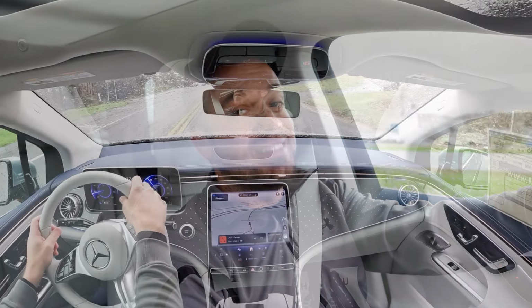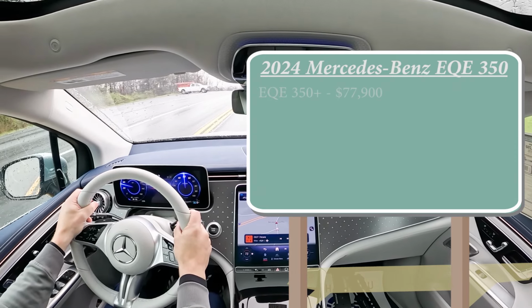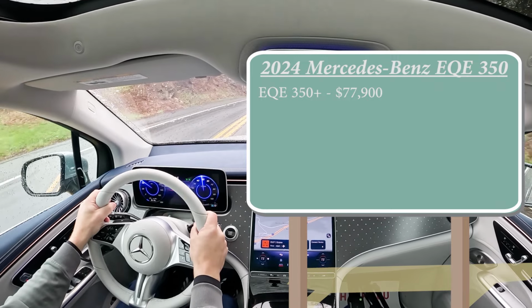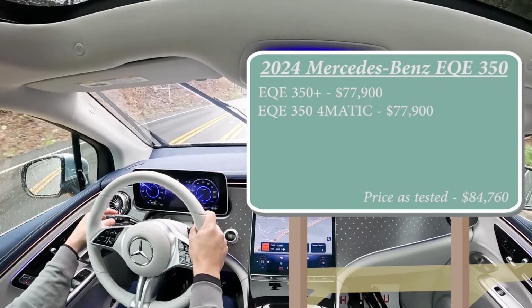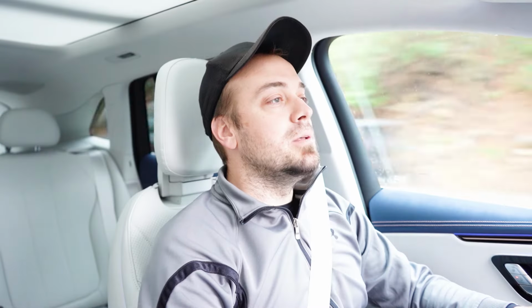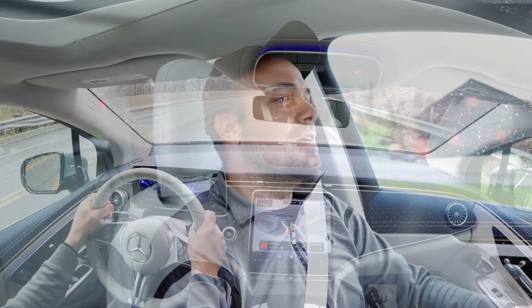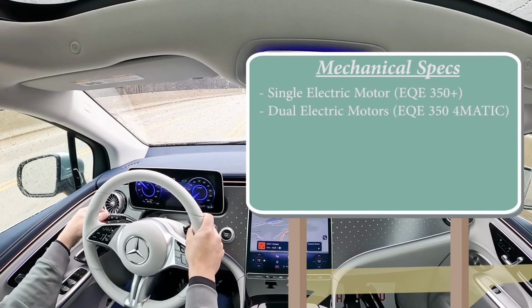And as always, let's start with pricing. MSRP for the EQE 350 Plus will start at $77,900, and yes, that means rear-wheel drive. EQE 350 4MATIC, meaning the all-wheel drive, that one starts at $77,900. But as you can imagine, with those two different configurations, there's two different power plants as well. So you're going to get a single electric motor for the rear-wheel drive variant, and then dual electric motors for